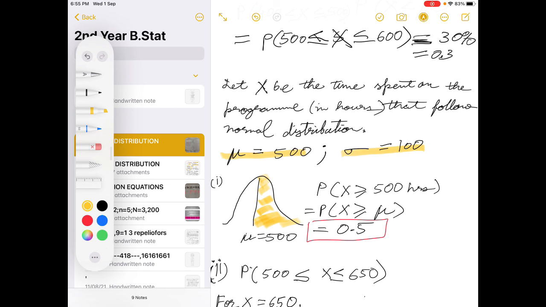Then that can be any value. That can be 750 hours, that can be 800 hours, 900 hours. So any x greater than 500. Similarly, if the question is the opposite, what is the probability that he will take less than 500 hours? It is again 0.5, a 50% chance. So a 50% chance more or a 50% chance less than 500 hours. Okay, now then